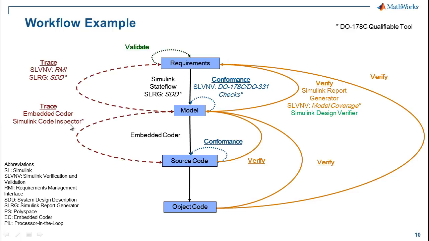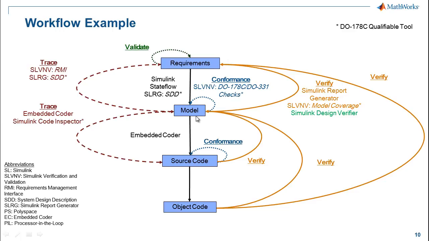Simulink Code Inspector can go to the next level of detail in that it can actually trace every single operator within a line of code back to the model. So that's important to note, and we'll talk about the rest of what Simulink Code Inspector does in a second. All right, so once we've automatically generated the code and we've traced it back to the model,